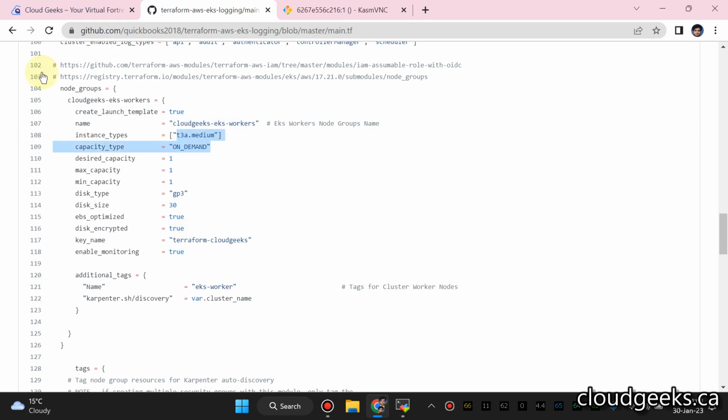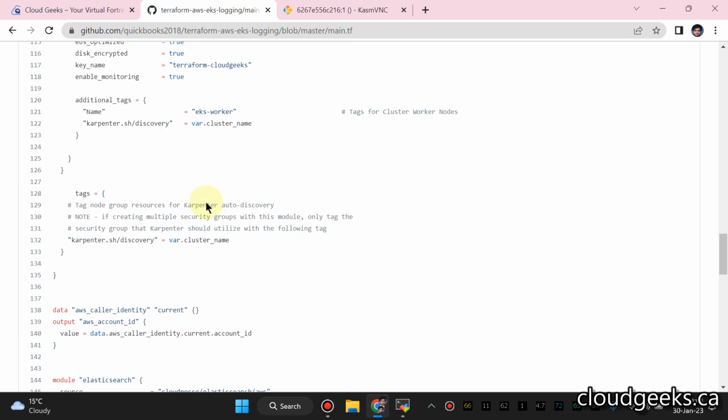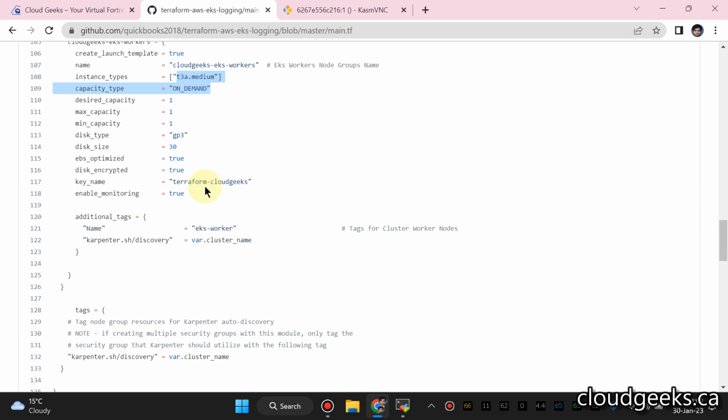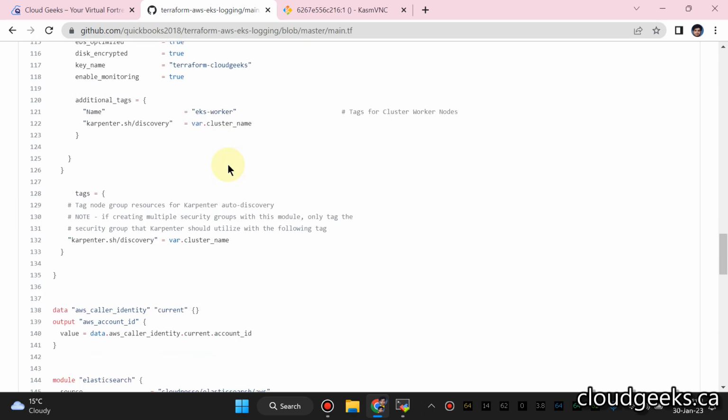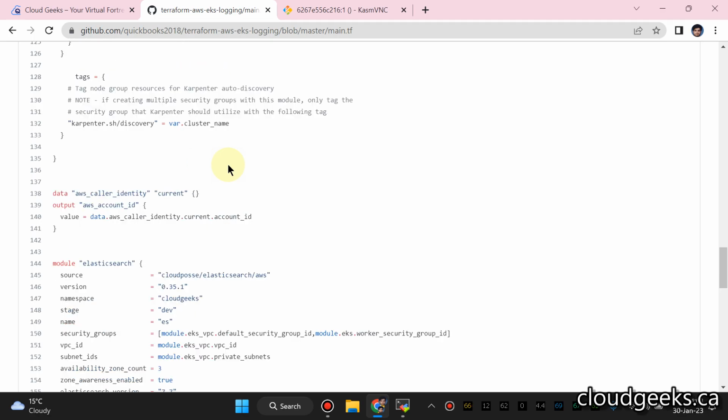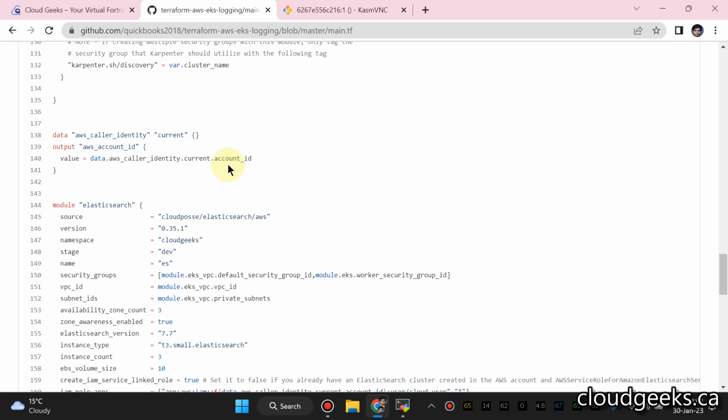And this is the tagging enabled for Karpenter, which I've covered in my past videos. You can watch that particular video, what is Karpenter and how we can set it up. Other than that, for this demo, we are going to